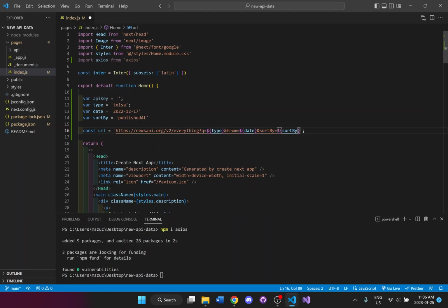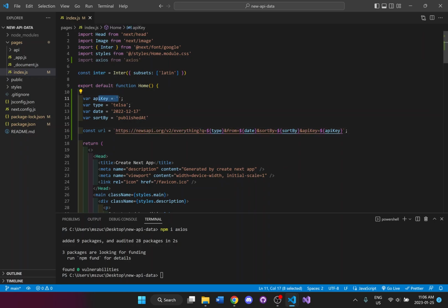And now here at the end, we're going to put our API key, apiKey is equal to. So right here, we're just building on this URL all the different key value pairs that we need to filter by. We're going to save it.